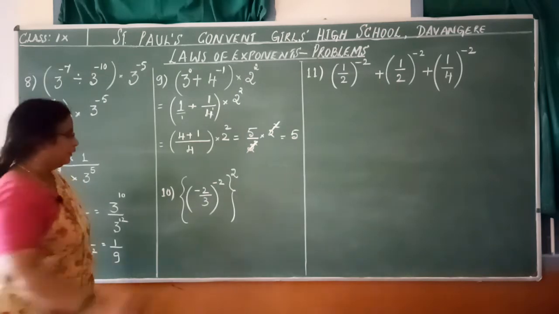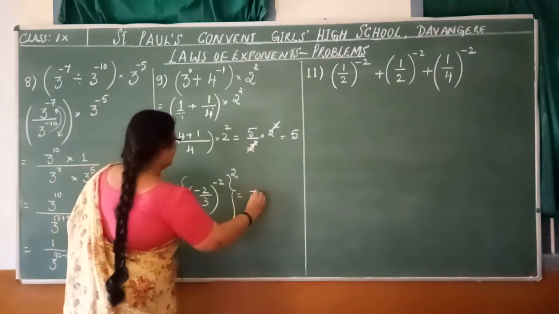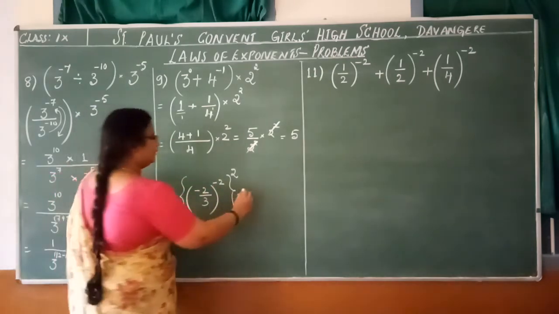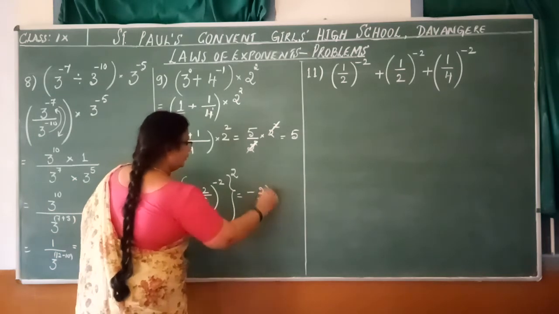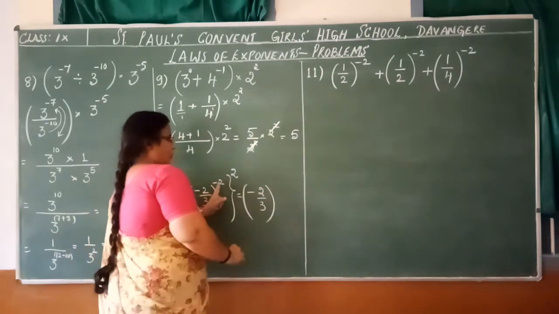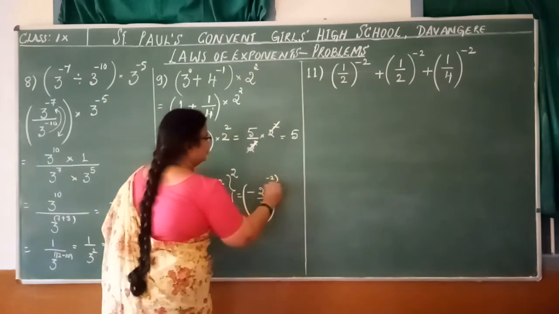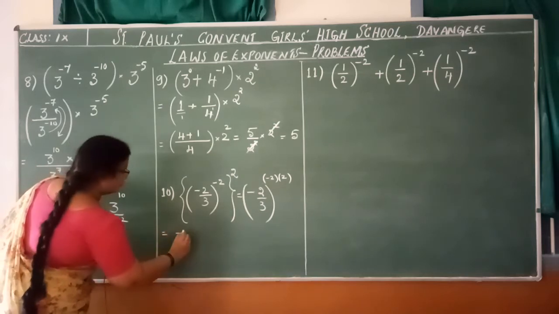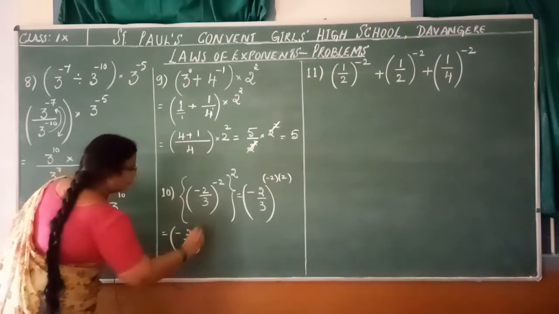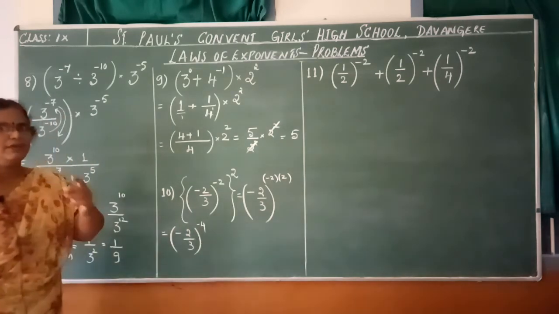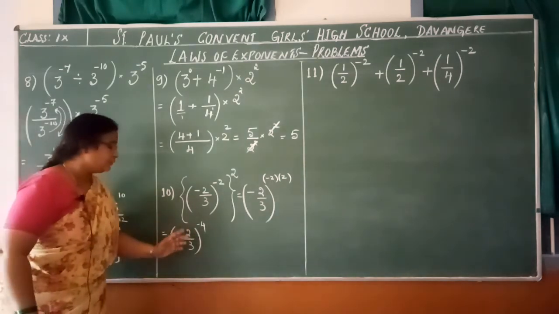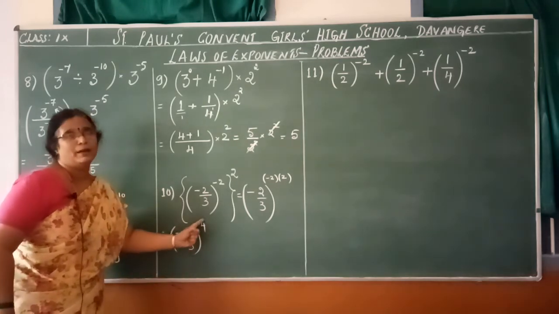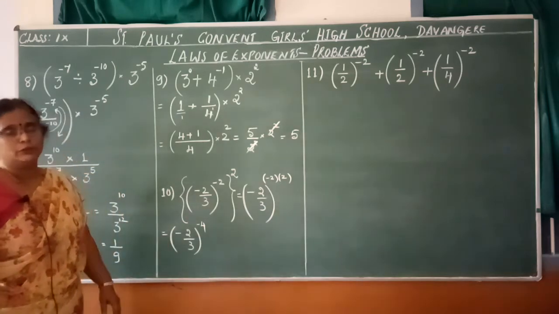Now index on index. We know that when there are indices on index, we have to multiply the indices. Before that I tell you, first we shall multiply minus 2 by 3 whole to the power of minus 2 into plus 2. Multiply the indices. That is equal to minus 2 by 3 whole to the power of minus 4. Now here I will give you a clue. How to rewrite? Otherwise we have to apply the fifth law, a by b whole to the power of m, and finally we have to interchange to rewrite it as negative.